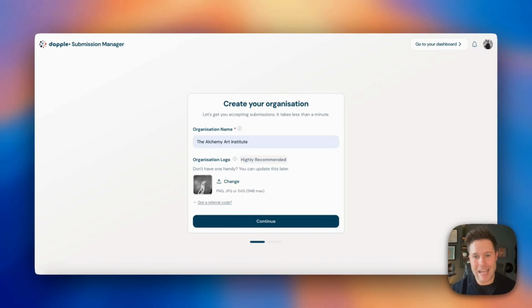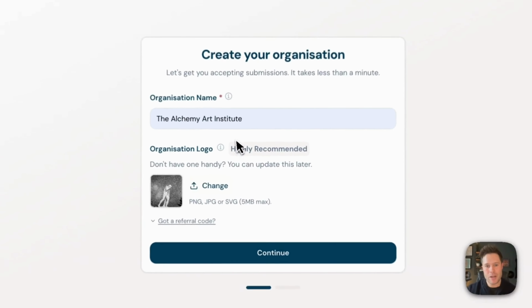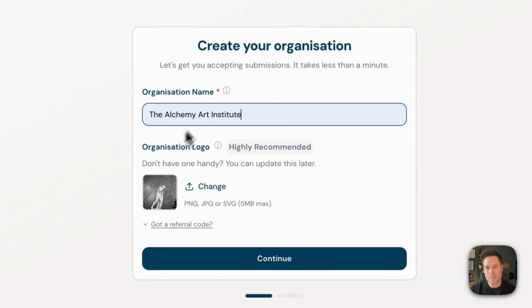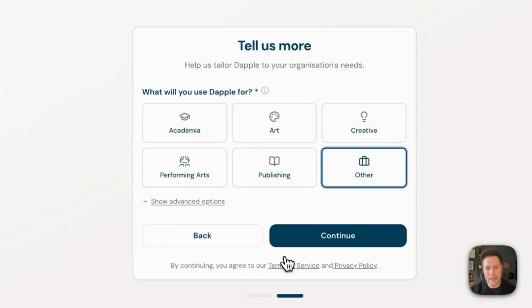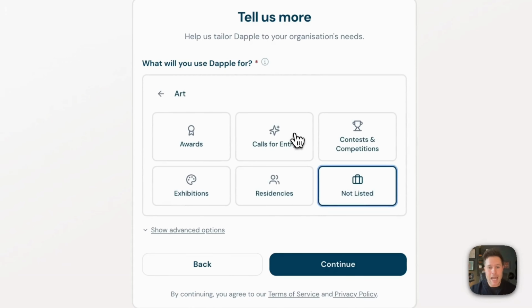Now, the first thing I want to show you is how to create an organization from scratch. And the reason why I want to do this is to show you how quick and simple it is. So I've gone to the section on our website to create an account. It's taken me through to this page, and then I've put in a quick organization name here. I've put in my logo, and I'm just going to click on continue. Now I have several different industries to choose from here. In my case, I'm going to select art,